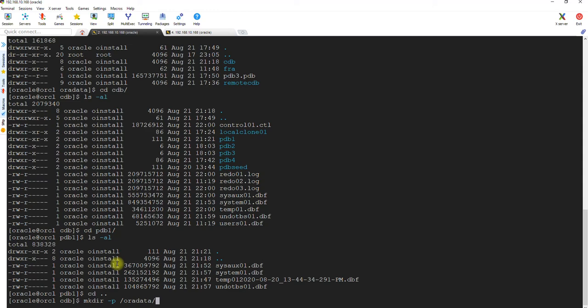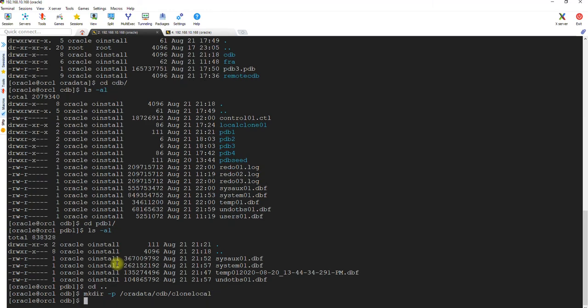You guys can follow the same thing, copy the same thing, or else you can come up with your own folder according to the storage requirement or the free space available in your hard disk. So this is where I am storing my files, cdb, and then I will name it as clone_local. Okay, this is what I will be creating, the new PDB name.